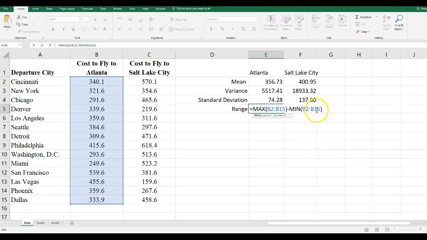I'm combining two built-in functions. The maximum built-in function finds the largest number in an array. The minimum built-in function finds the minimum number, the smallest number in an array. And you can combine built-in functions into an equation. So we're going to take the maximum value, subtract the minimum value, and that gives us the range